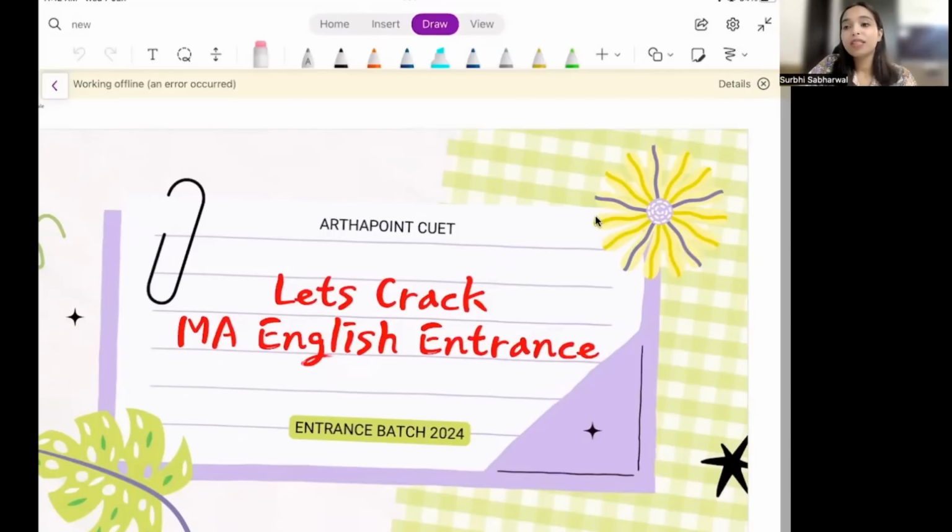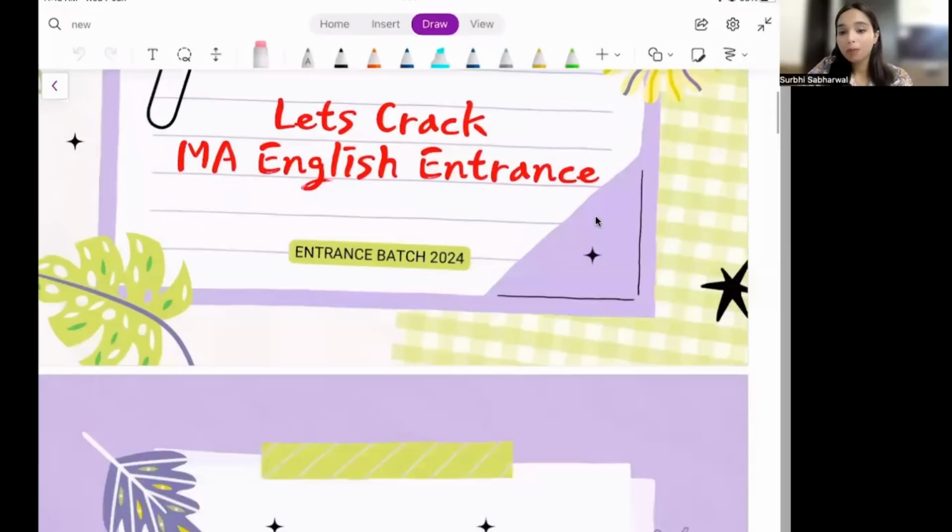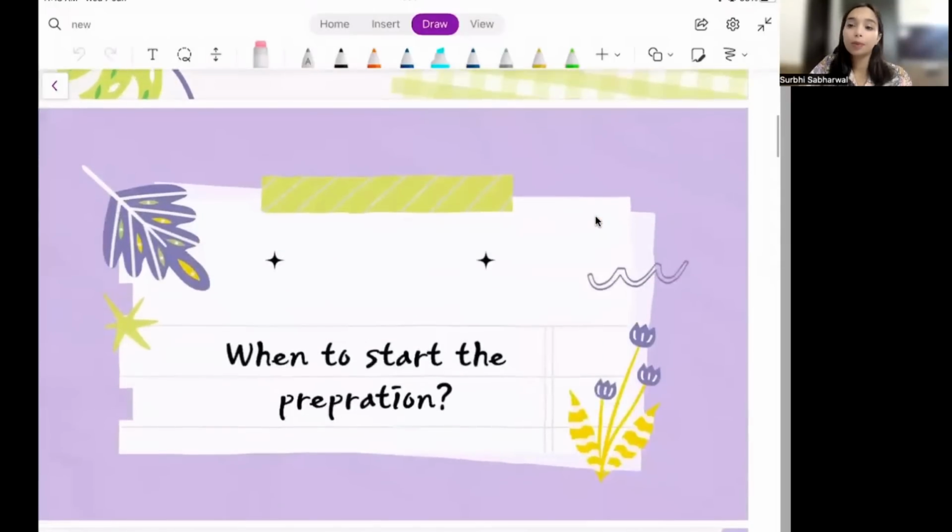Now, the entrance exam is usually conducted in the month of May or June, especially the CUET examination. This is the time when you also have your third semester exams. So the question comes as to when to start the preparation. I would suggest all the second year and of course the third year students to begin their preparations for the